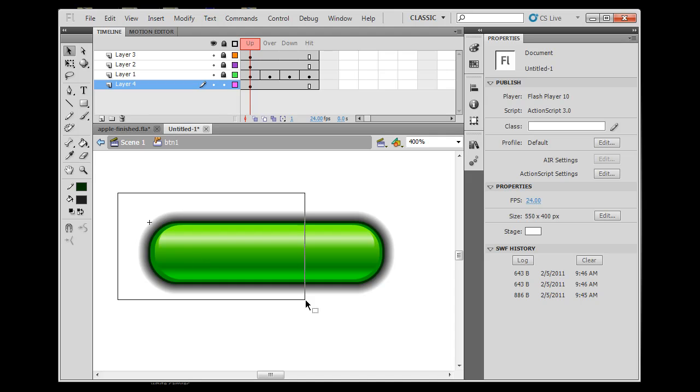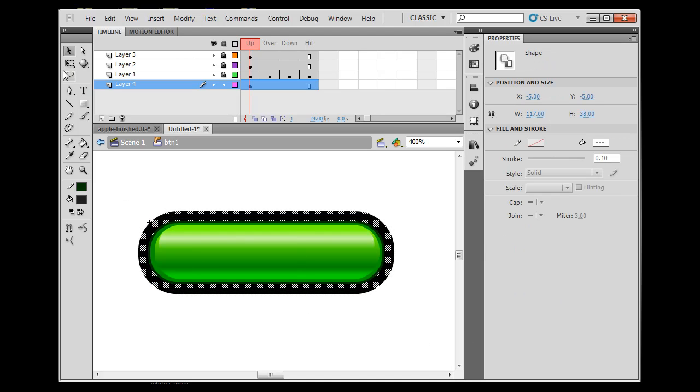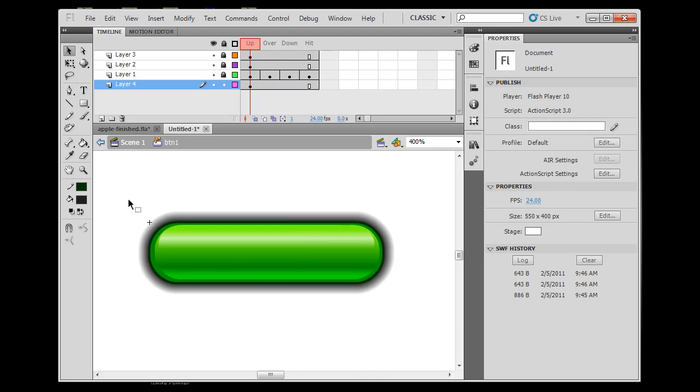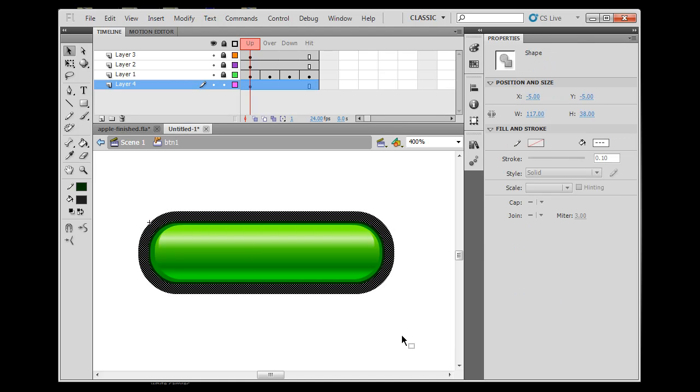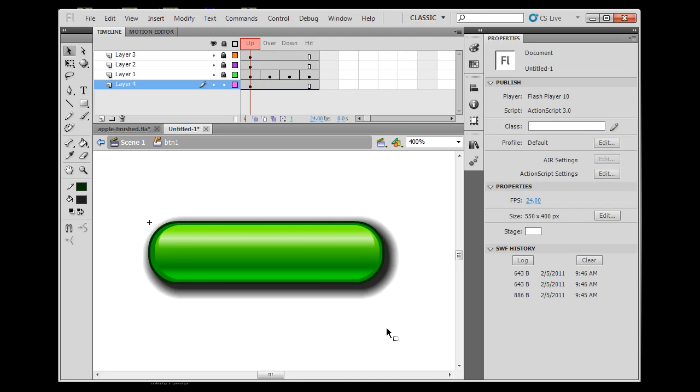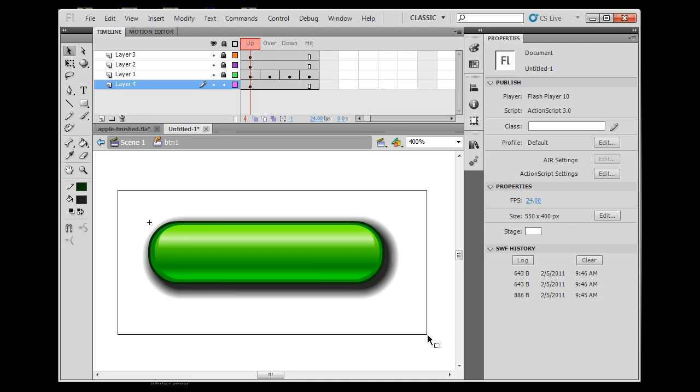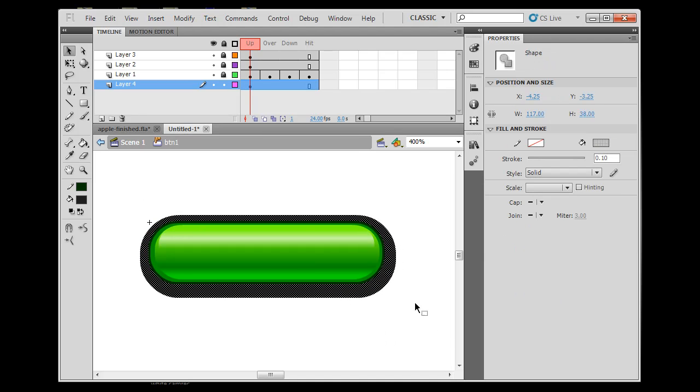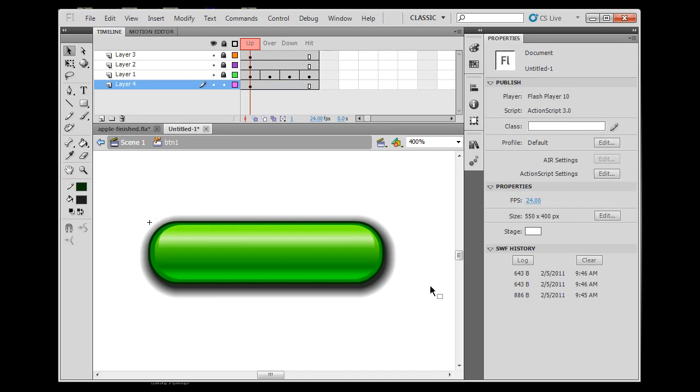And then what I can do is I can select it by clicking and dragging with the select tool, selection box around it. And if I wanted to, I could offset it a little bit like a shadow or something like that. Right? And so now it might work like a shadow. And if that doesn't look good or doesn't work right, just adjust it to taste. Right? So that's added another piece to the button. Right? On a top layer,